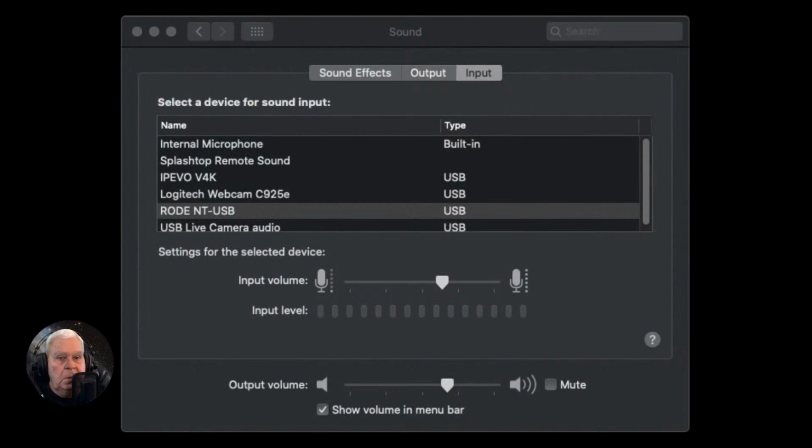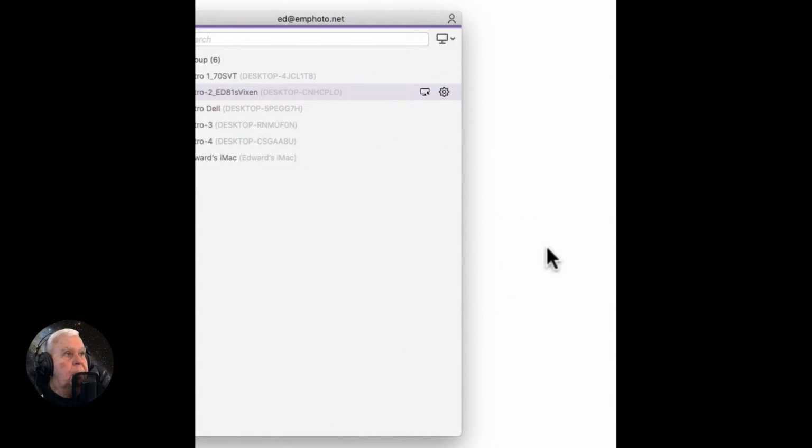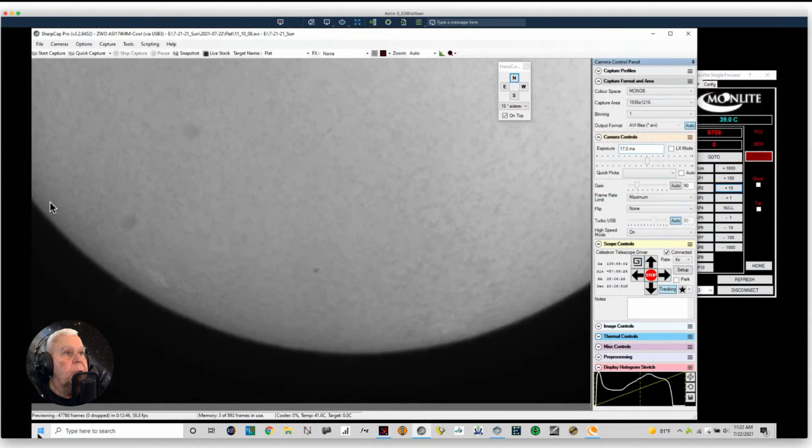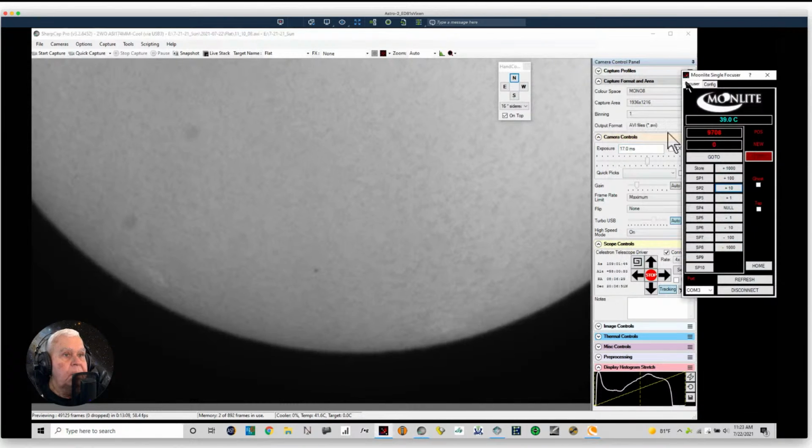Find a screen share, and we should have the sun in view right now. Get rid of that. Okay. I have been working with focusing, and I don't know if we're going to get it any better than this, but